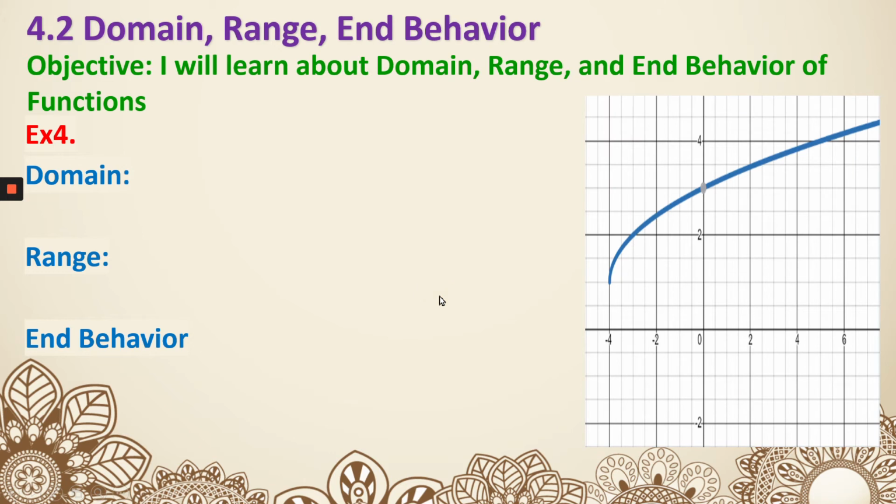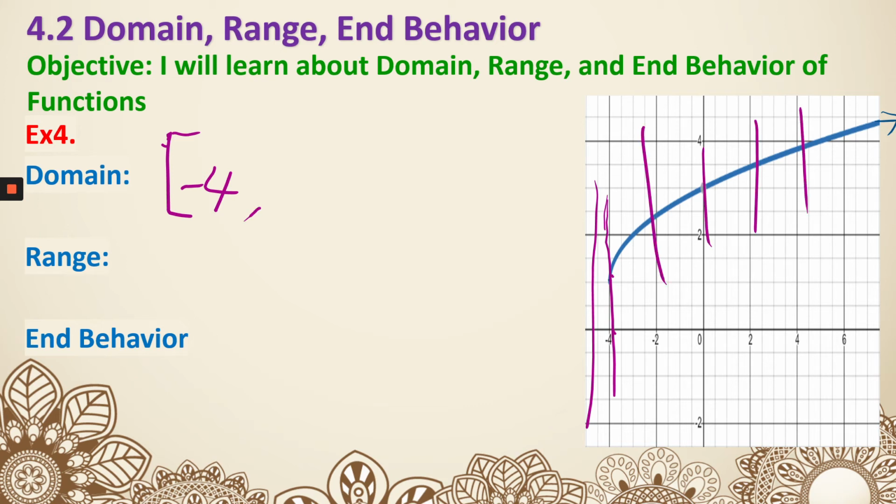Example 4. This is slightly different. So we know the right end keeps on going, but the left end actually stops right there. It doesn't keep on going to the left. So for the domain, if I draw a vertical line right there, I'm not hitting any part of the graph until I start drawing my vertical line right there. Then I'm actually getting to the graph. So my domain starts from 4, because that's the x value for this starting point,